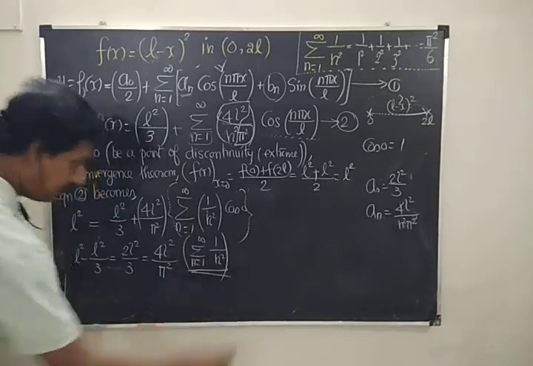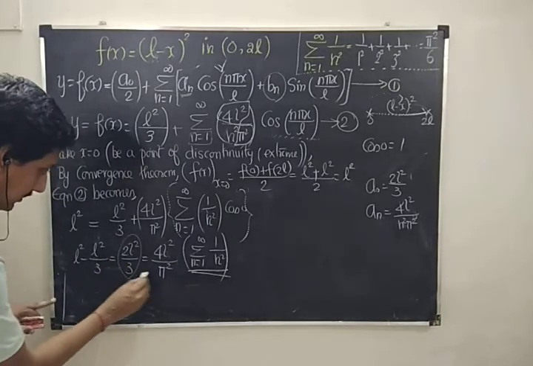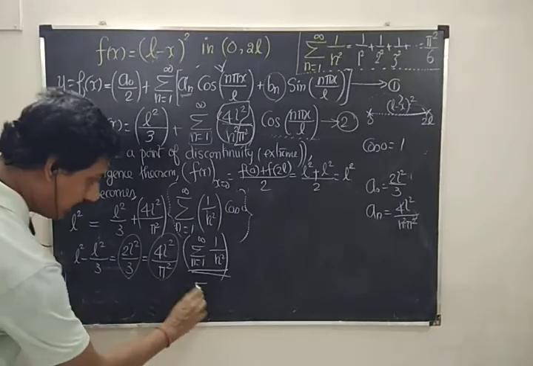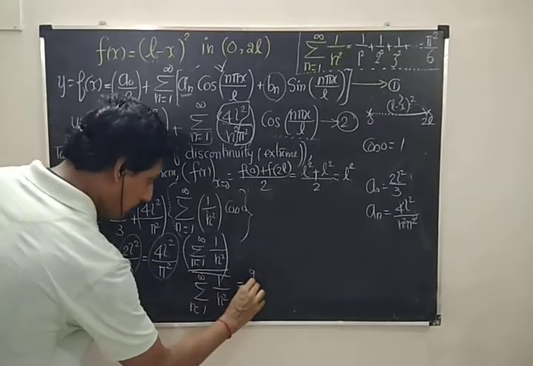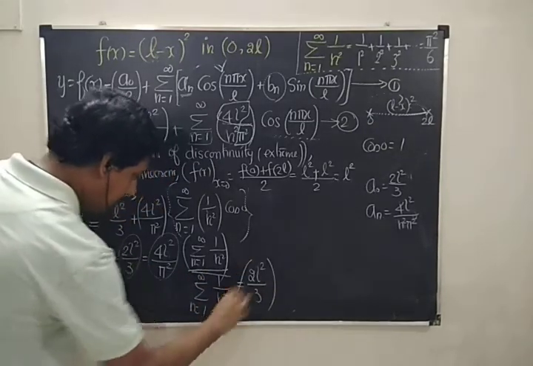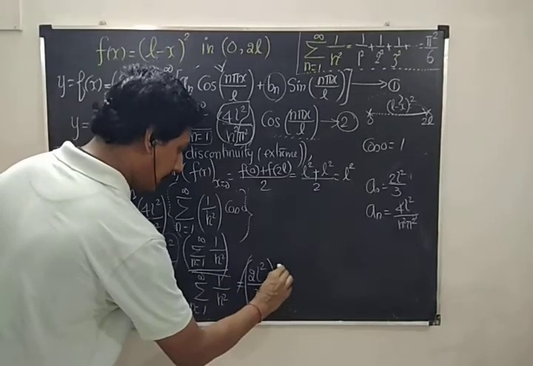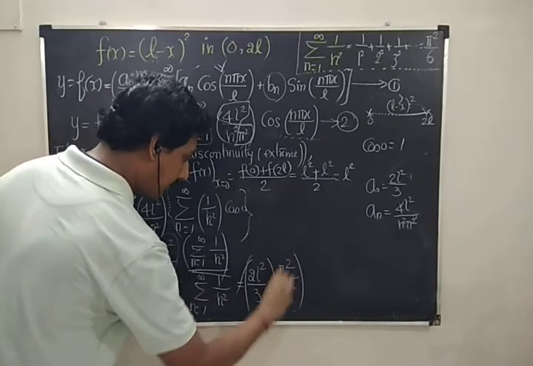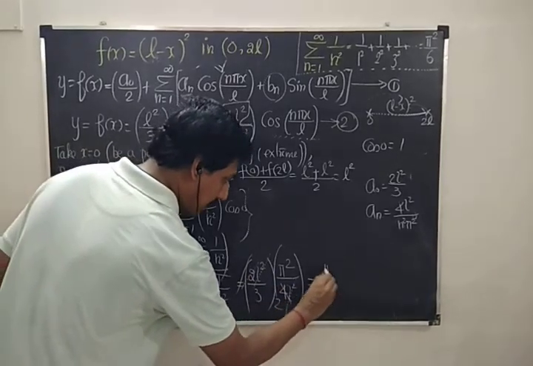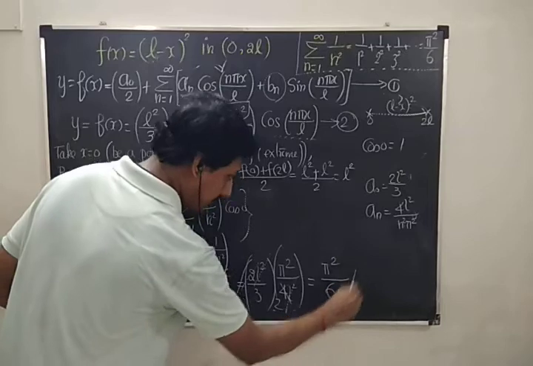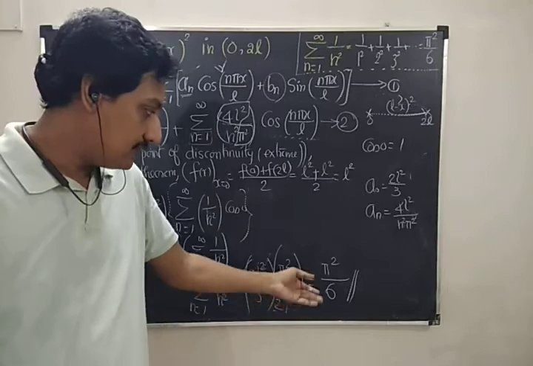Let us fix this term into the right hand side or any one of the sides. So this side is 2L squared by 3, this side is 4L squared by pi square. It's a reciprocal format. So sigma n equal to 1 to infinity 1 by n squared is equal to 2L squared by 3. Now this is in the multiplicative format. Let us bring it to the next side, it becomes its reciprocal, that is pi squared by 4L square. So after cancellation of L square, 1 2s are 2, 2 2s are 4, the answer is pi squared by 3 into 2, 6. That's why I told you that we get the answer pi squared by 6. So the same answer we get.